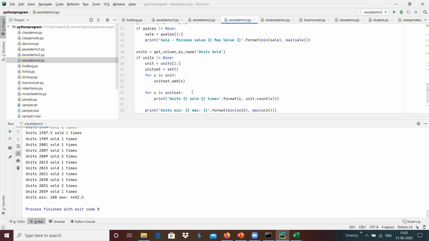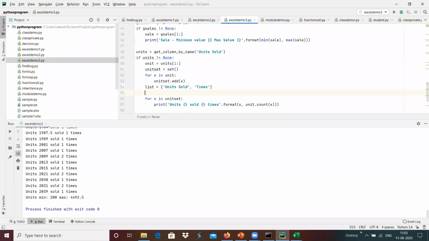In order to add it, I'm going to create a list, list equals, sorry, not this one, this one, units sold over here, and comma, times over here.